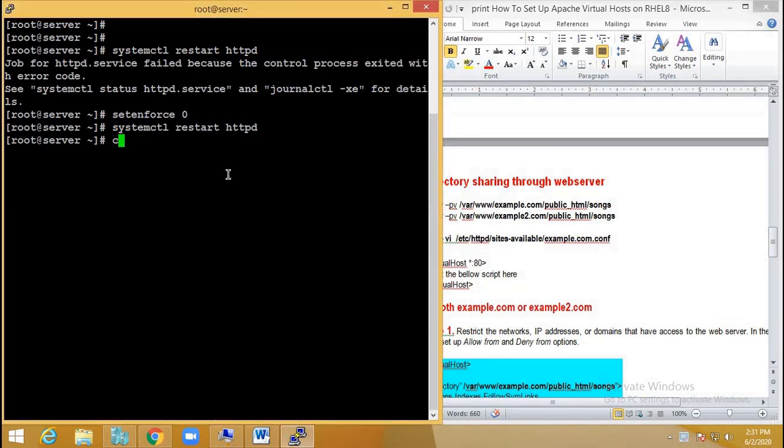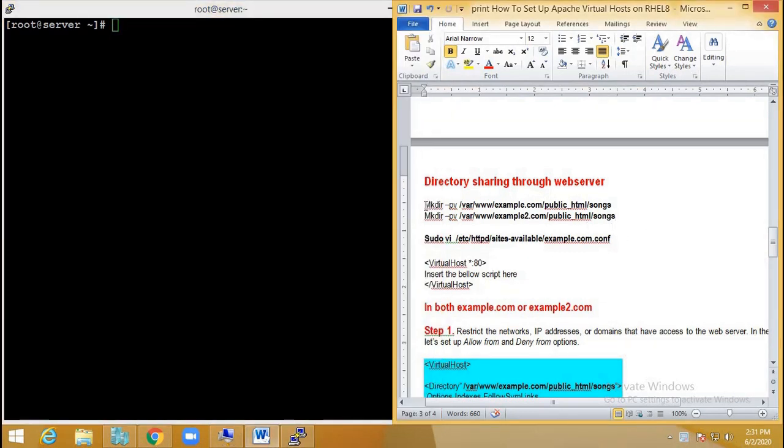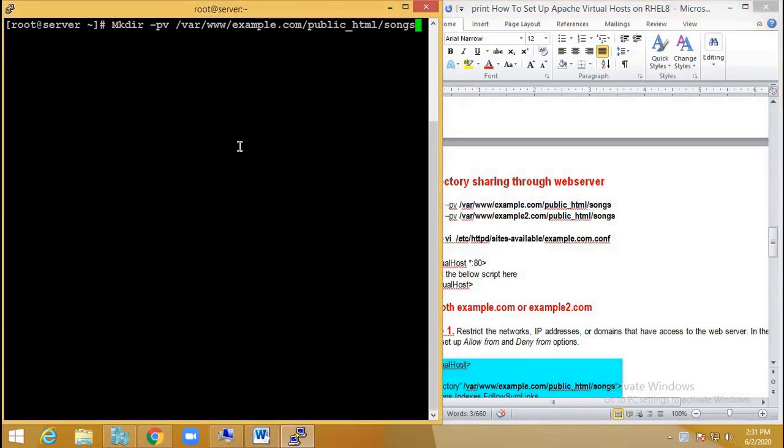To share a directory in the document root path, first of all we have to create one folder where we copy all our documents. So let us create it with mkdir -p.